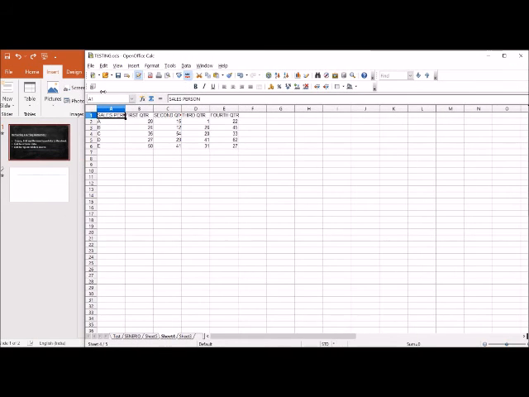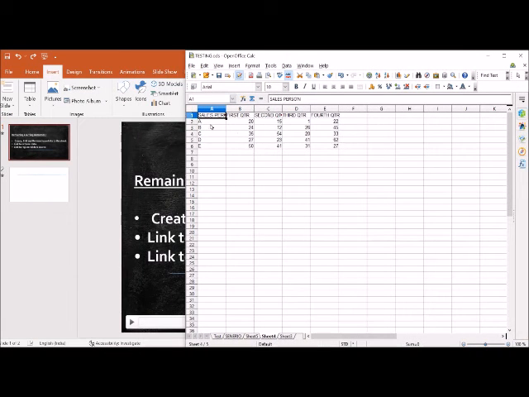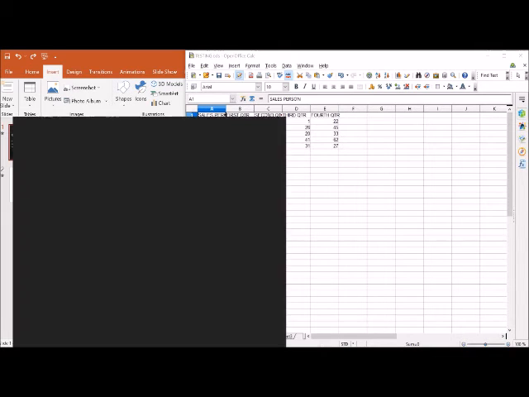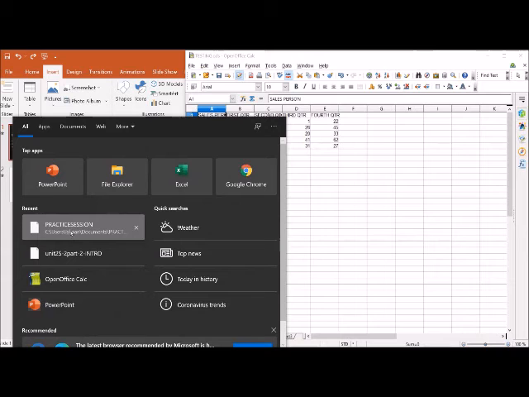Now I'll reduce the size of this spreadsheet and I'll open this practice session spreadsheet also. I'll show both of them side by side.